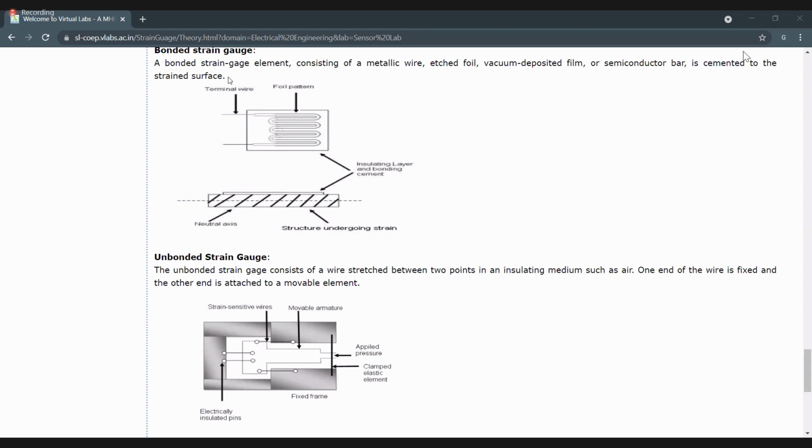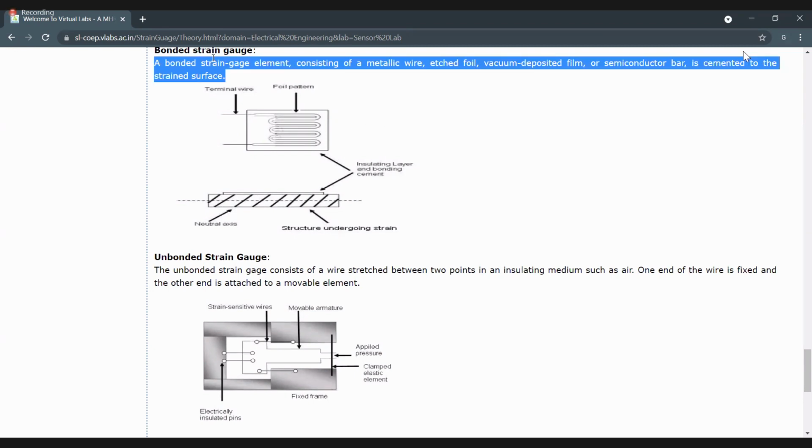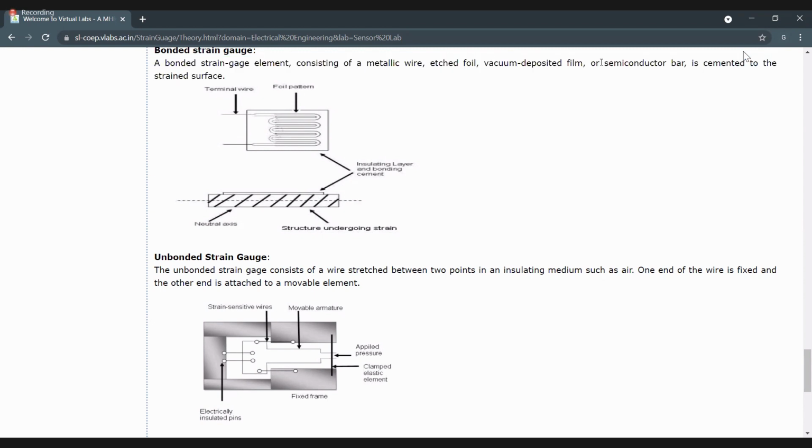Sir, there's no explanation here, it just gives parts. The bonded strain gauge element consists of metallic wire, etched foil, vacuum deposited film, or a semiconductor bar, cemented to the strained surface.